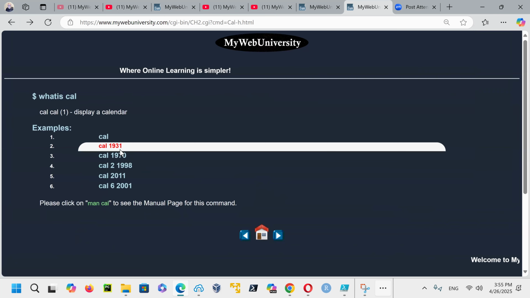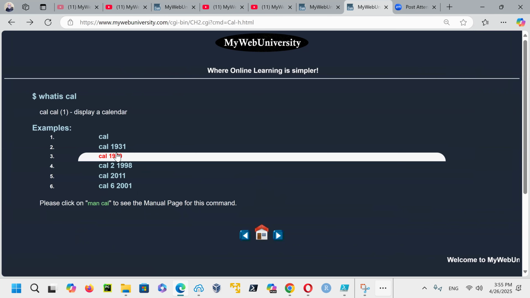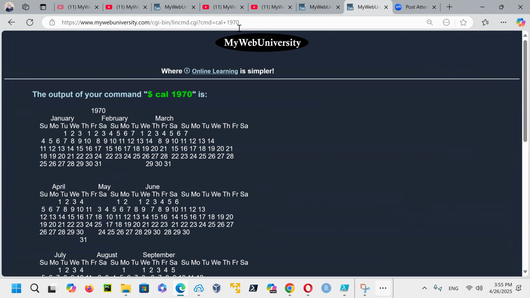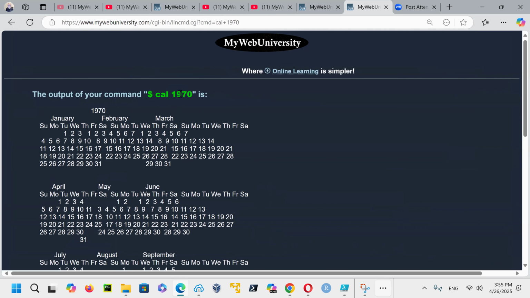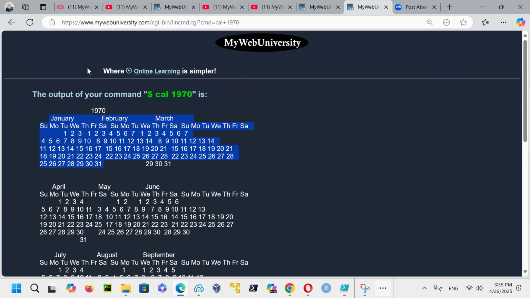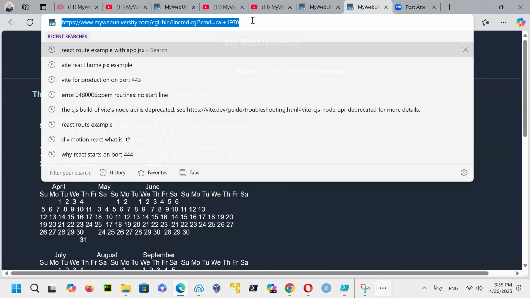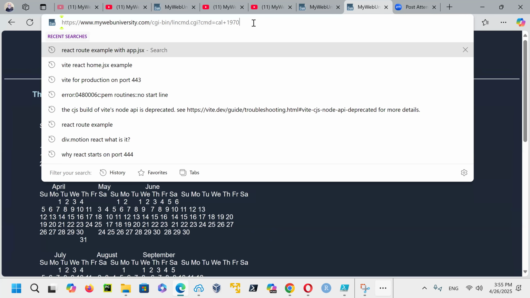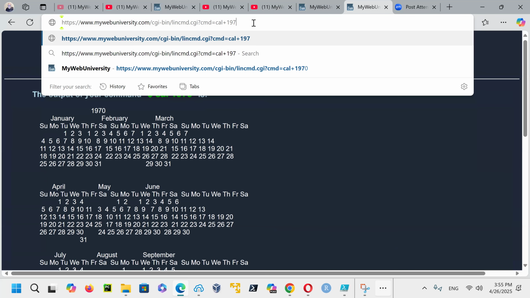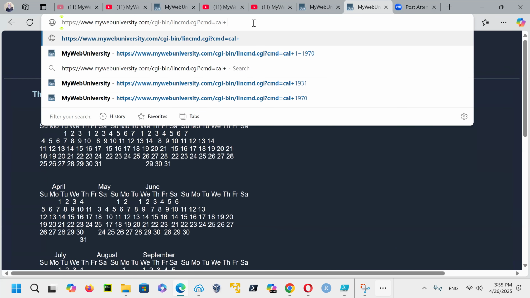If you just click on show me the calendar of 1970, the reason I posted this one, 1970, is that this is the epoch calendar. January 1st is the epoch calendar for Unix, when Unix was invented by Dennis Ritchie and Ken Thompson in 1969, and then the epoch calendar of Linux started with that.